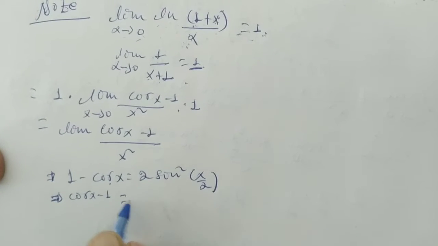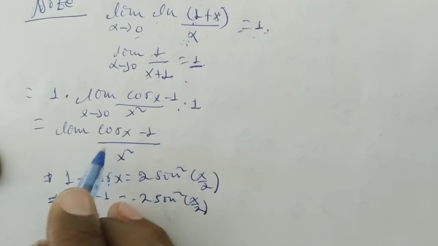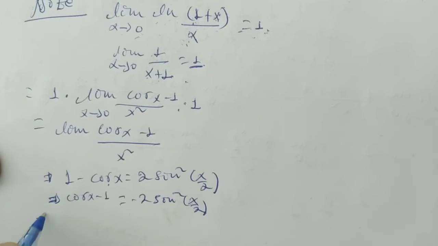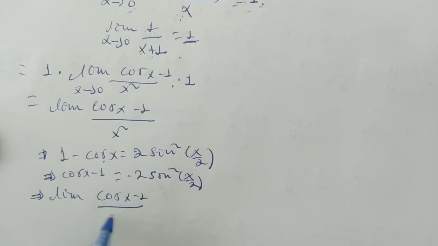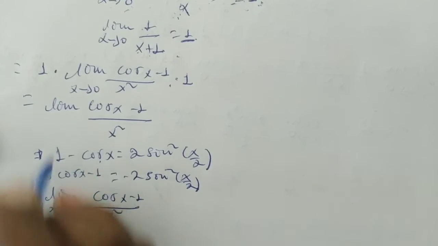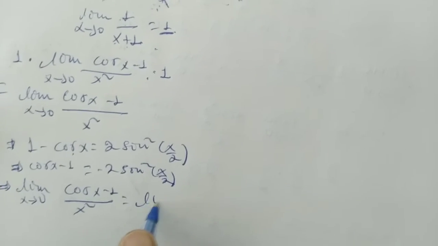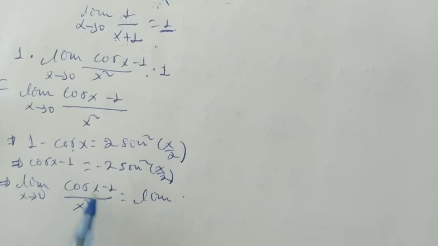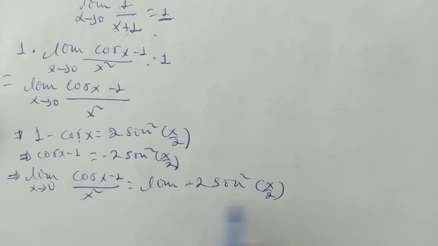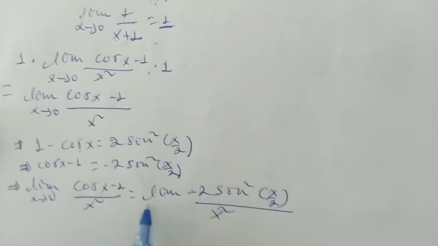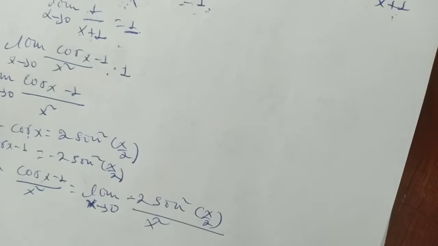cos x minus 1 is equal to minus 2 times sin squared of x over 2. So the limit of cos of x minus 1 over x square when x goes to 0, sorry, I keep forgetting, is equal to the limit of cos of x minus 1 minus 2 times sin squared of x over 2, over x square, when x goes to 0, which is equal to